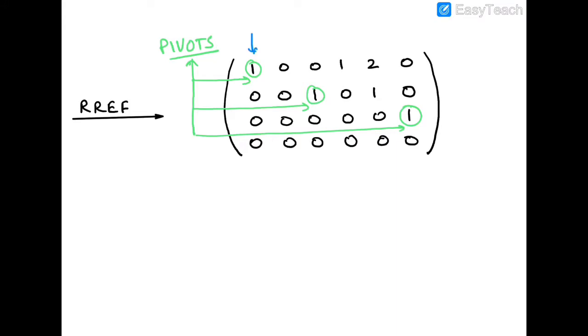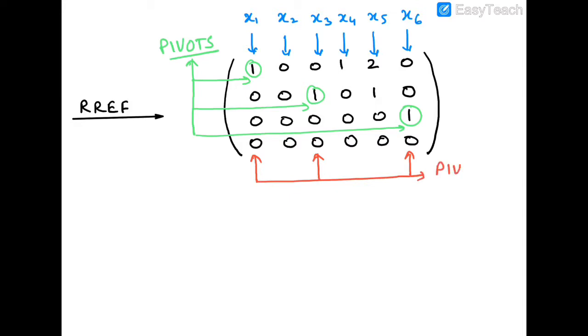And if x1, x2, x3, x4, x5, x6 correspond to columns 1, 2, 3, 4, 5, 6 respectively, then these three columns, which are column number 1, column number 3 and column number 6, are the pivot or basic columns. We can name them Px1, Px3, Px6, where P stands for pivot,